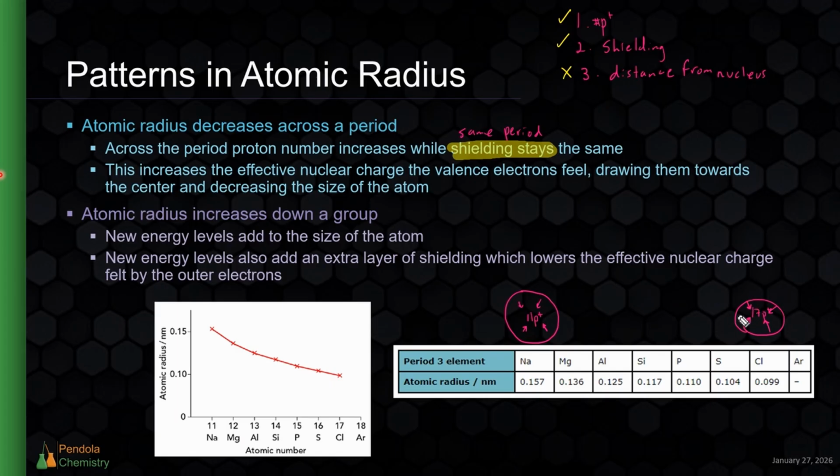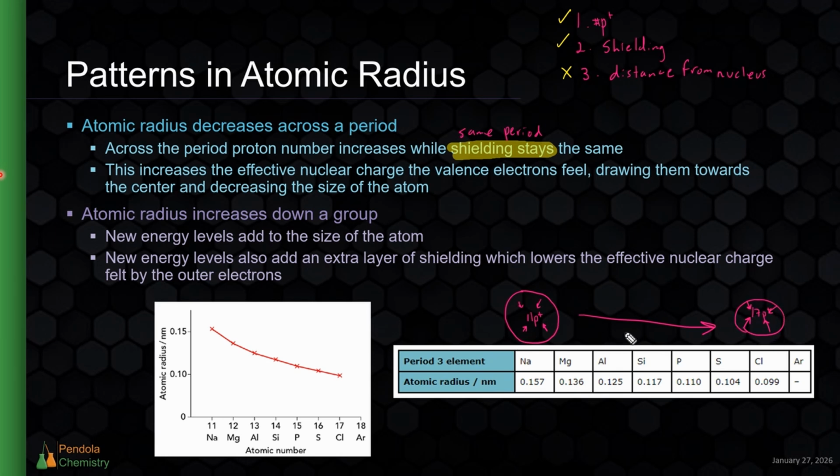Because the 17 protons in chlorine pull on the outer electrons of chlorine more than the 11 protons in sodium, and again, as we go across a period, the number of protons in the nucleus goes up, the chlorine atom is going to be much smaller than the sodium atom because of that internal pull for the